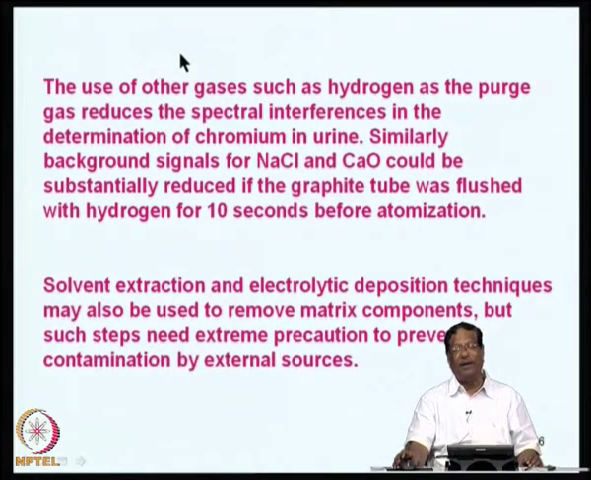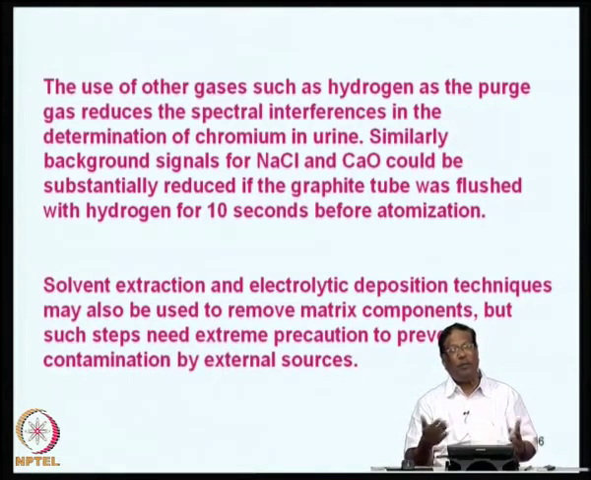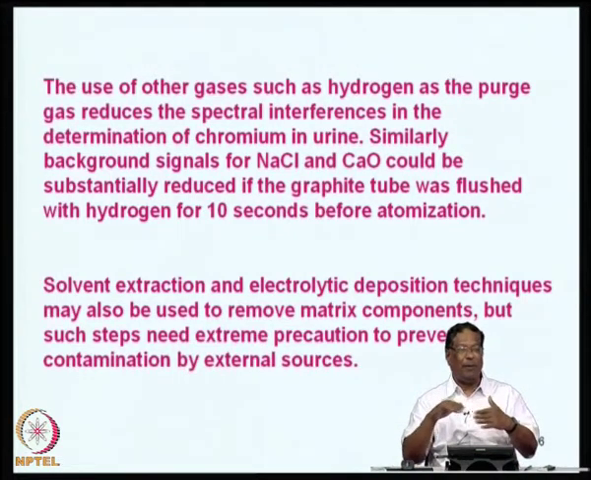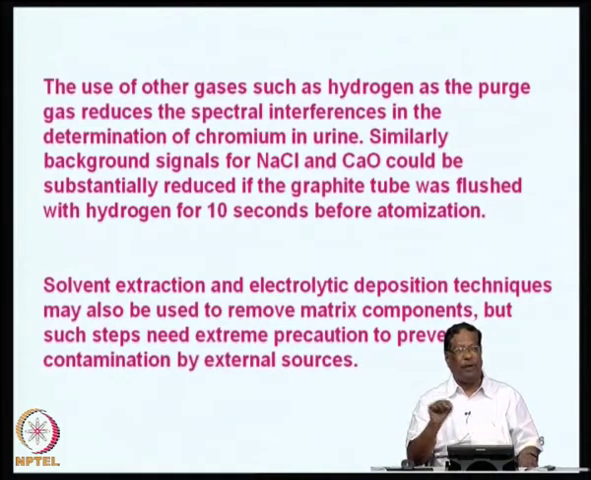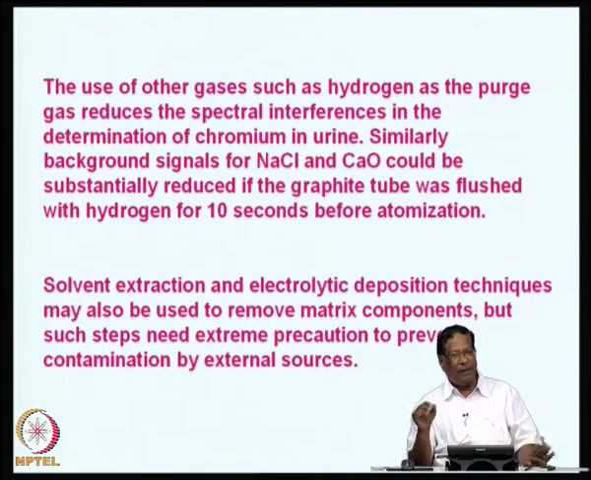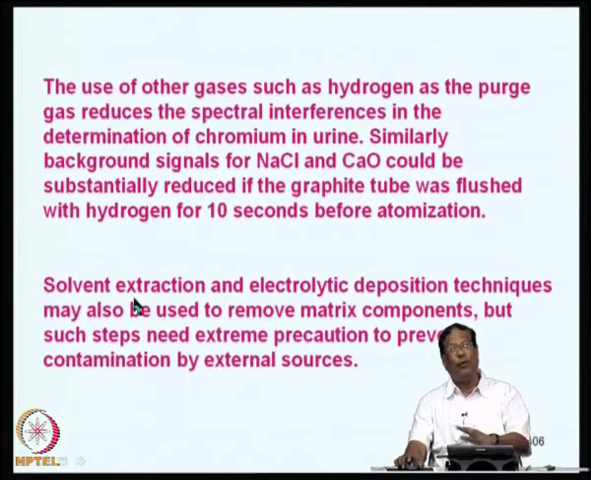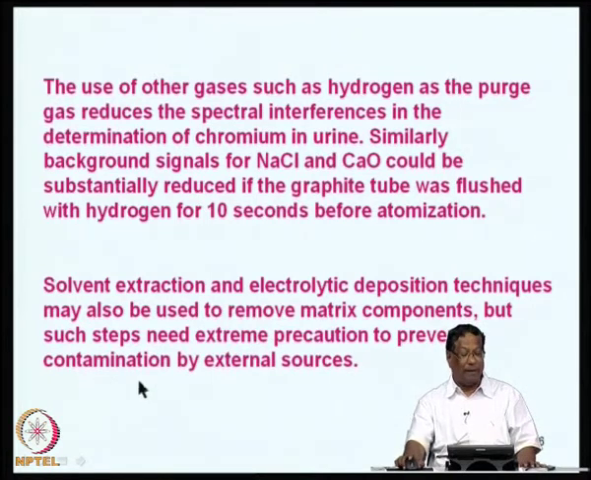So, how do you do that? That is during the optimization stage. You say pass argon up to the 800 degrees centigrade pretreatment, stop argon, introduce hydrogen. It can be done with software, and it will automatically pass hydrogen for 10 seconds, then go for atomic absorption with zero gas. Sometimes it is useful to use solvent extraction and electrolytic decomposition techniques to remove the matrix components,